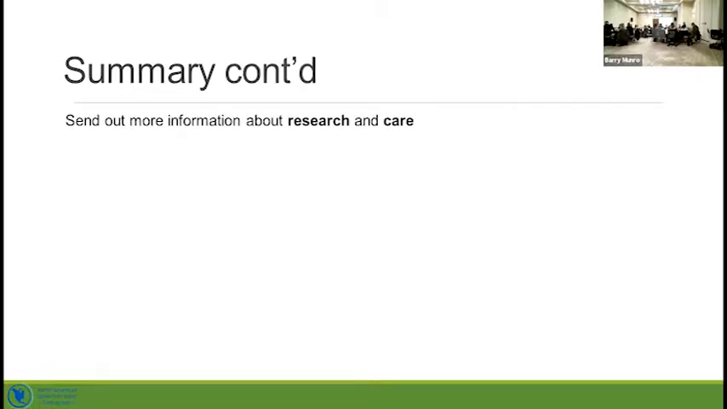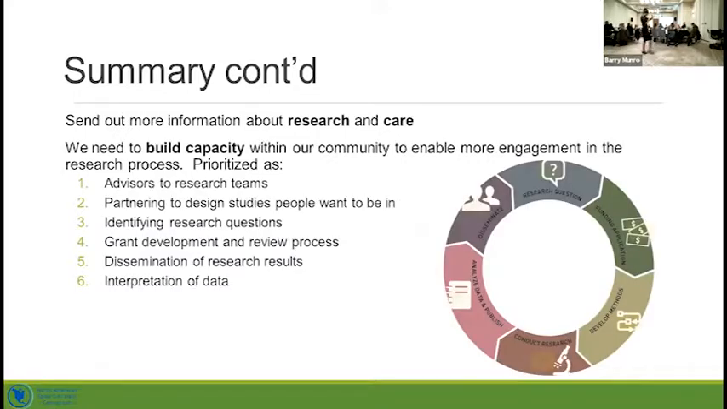We need to do a better job on sending out more information about research and care. So those are communication strategies we can work on. And we need to build our capacity within the community so people can be more engaged in the research process. But we need to maybe prioritize our efforts in areas that people really want to be engaged in. And we're going to have questions now, but then Barry is going to take up continuation of the topic